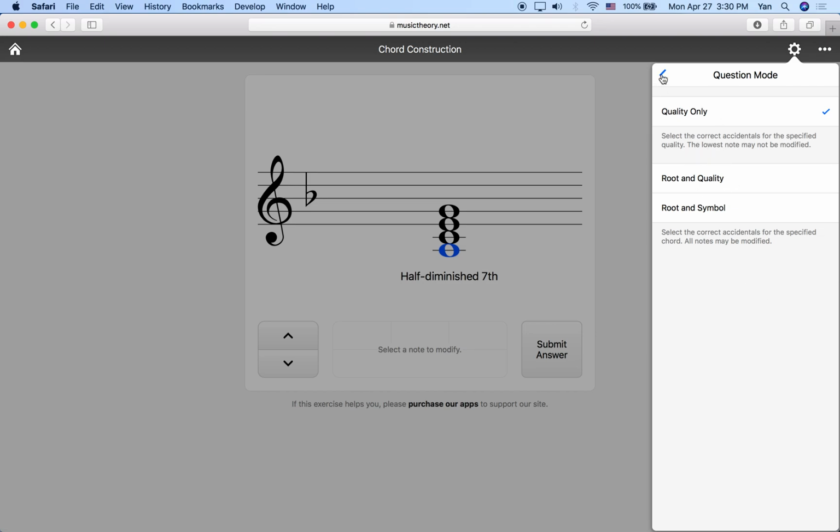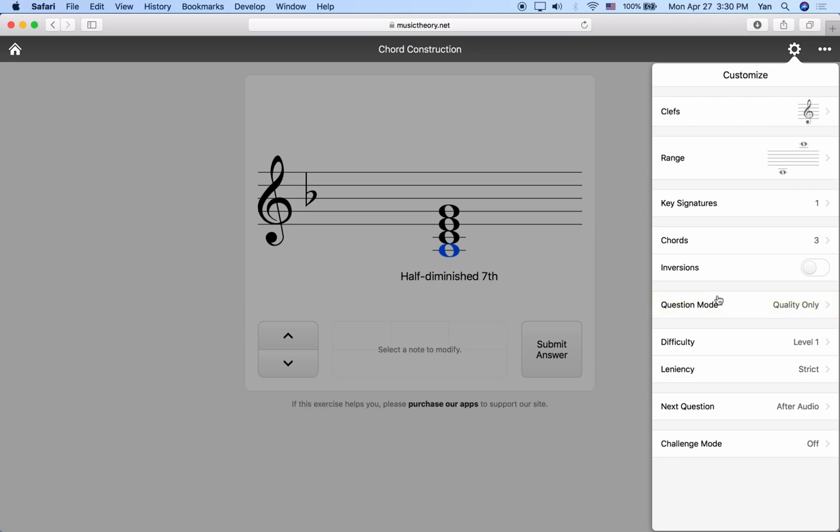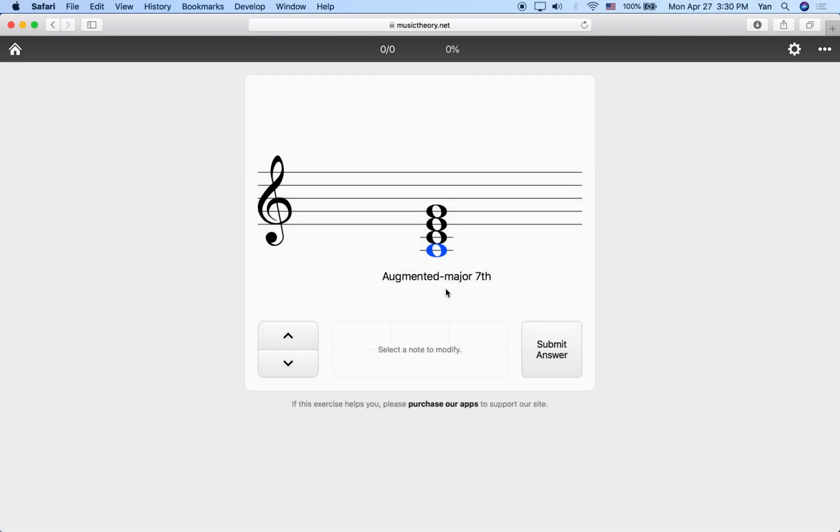We're going to do quality only, meaning what type of chord it is. We're not going to need to do the root and the symbol. Let's start with this. Okay, so we are given an augmented major 7th chord, and this is the root of this